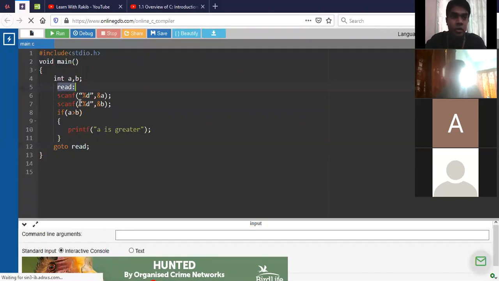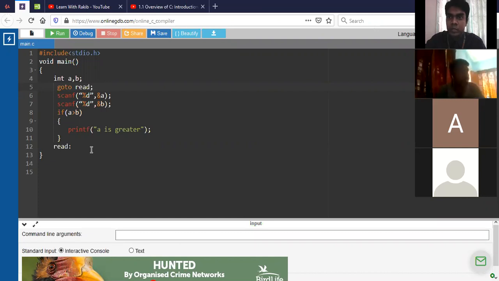So if I write down go to here, let me write it down, it should be go to, and here I am using read. Okay, so if I change my syntax like this, then let's see what happens.